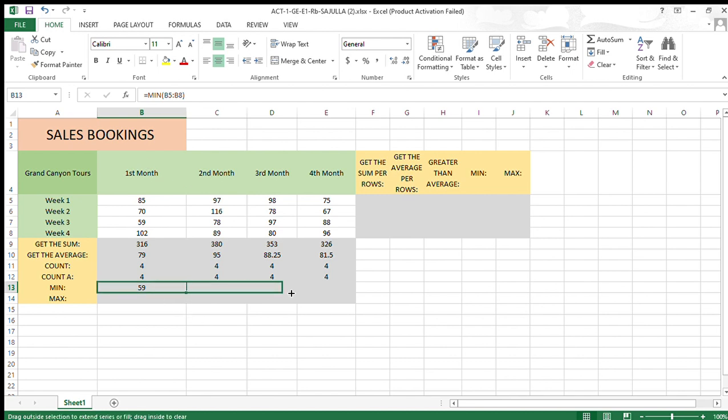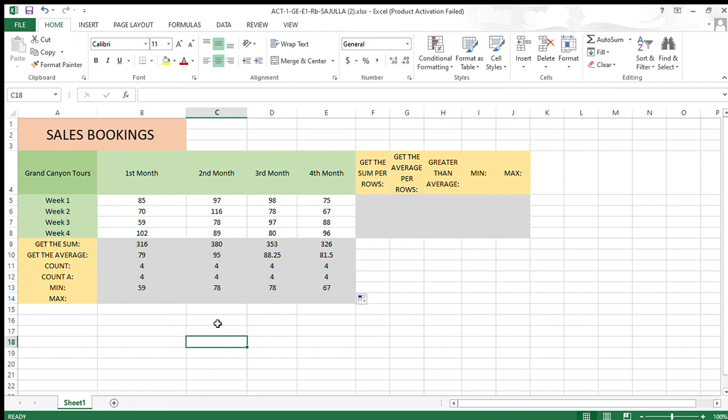We will now include the other 3 months. So here it will show 78 since the third week of the second month is the lowest, which is 78. Here is 78, the second week of the third month, and here is 67, which is also the second week of the fourth month. Now for the max,